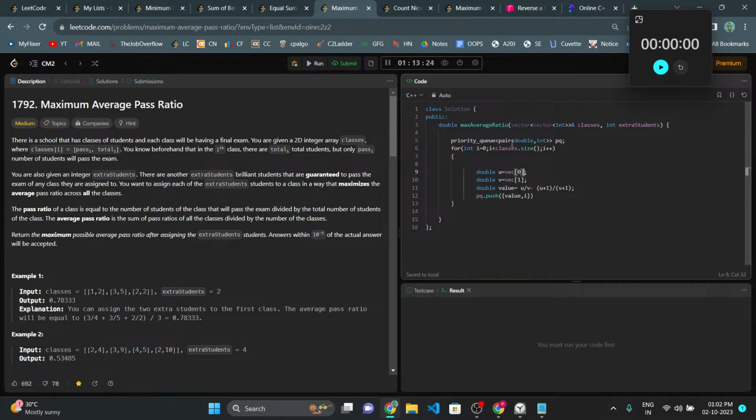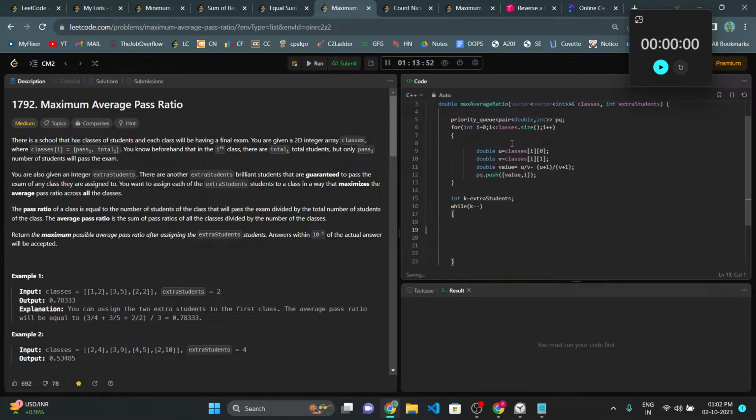Here u will be classes of i of 0, and v will be classes of i of 1. Now integer k will be the extra students. While k minus minus,